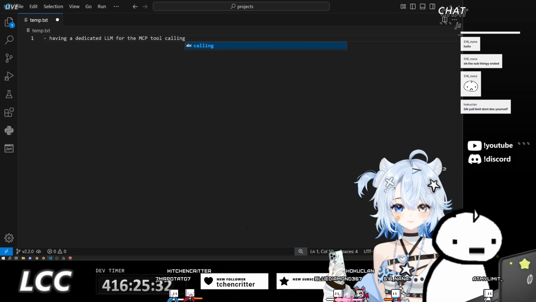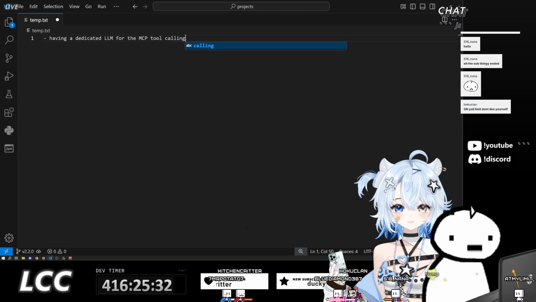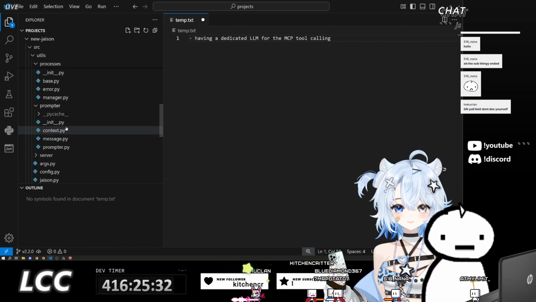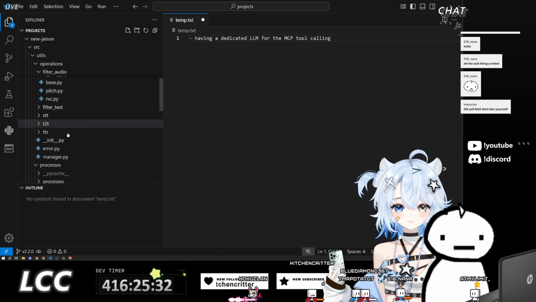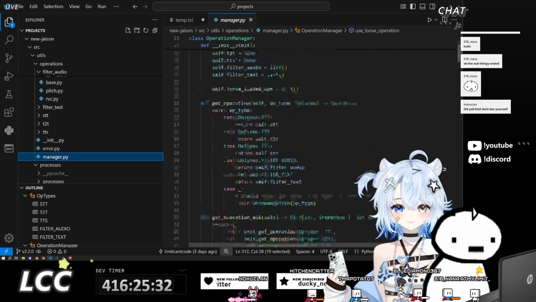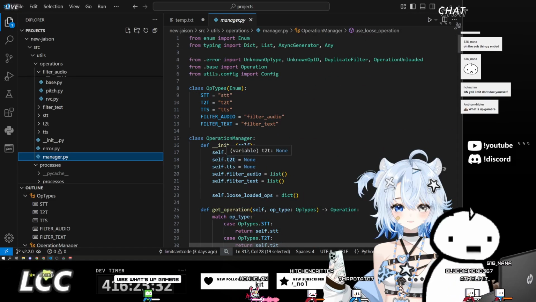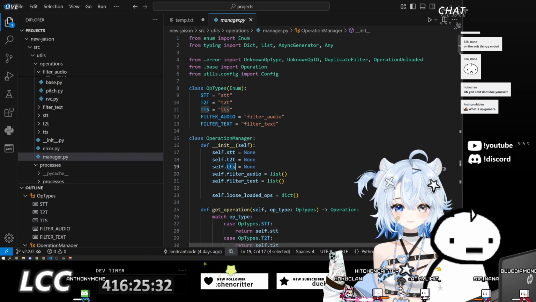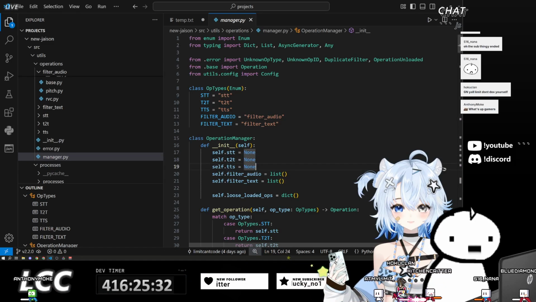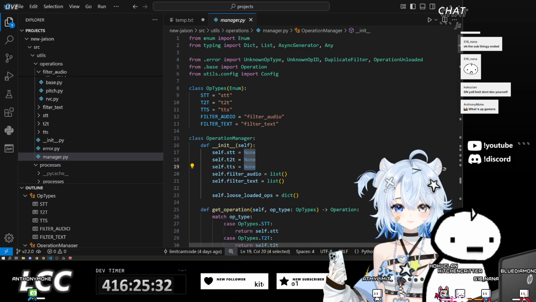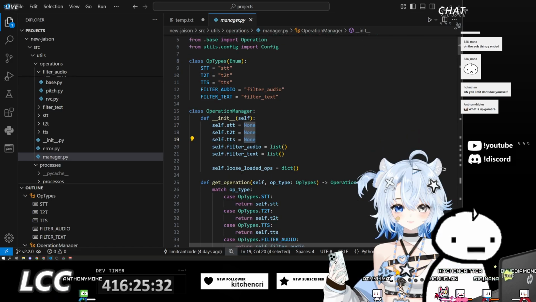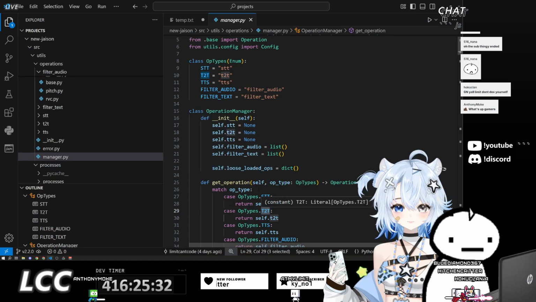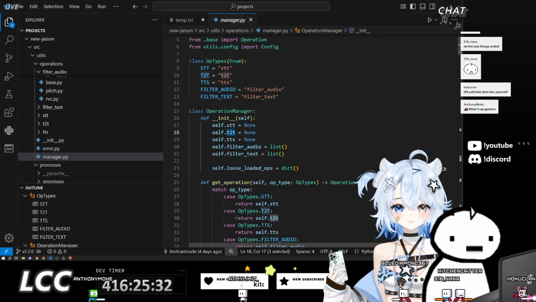The reason why this is a bit of a problem is because of how operations currently operate: each operation has a specific slot inside of the operation manager, something like speech to text, text to text, text to speech. Each one of them has a single slot for an operation. We kind of got around it by having this extra dictionary here in which we can load another text-to-text operation without overriding the one that we use for personality.